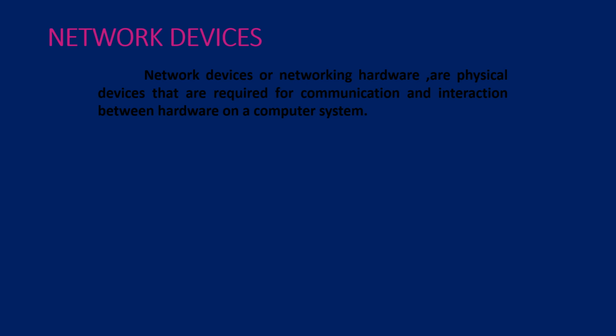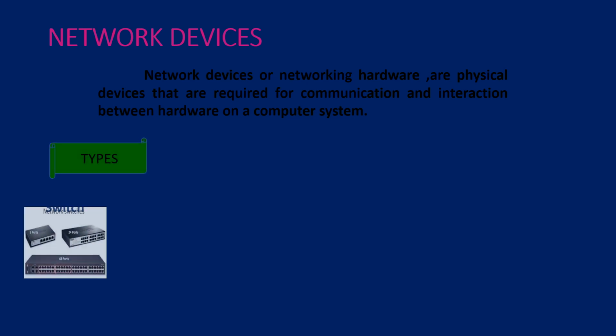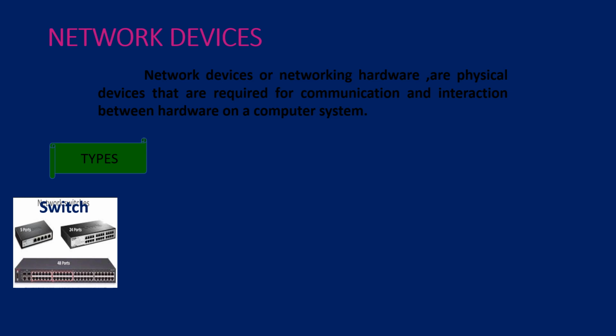First device is the switch. A switch is a device which connects multiple connection lines together. It is used to create temporary connections between two or more devices linked to the switch. Switches are used for sharing of resources by connecting together all the devices including computers, printers and servers in a small business network.